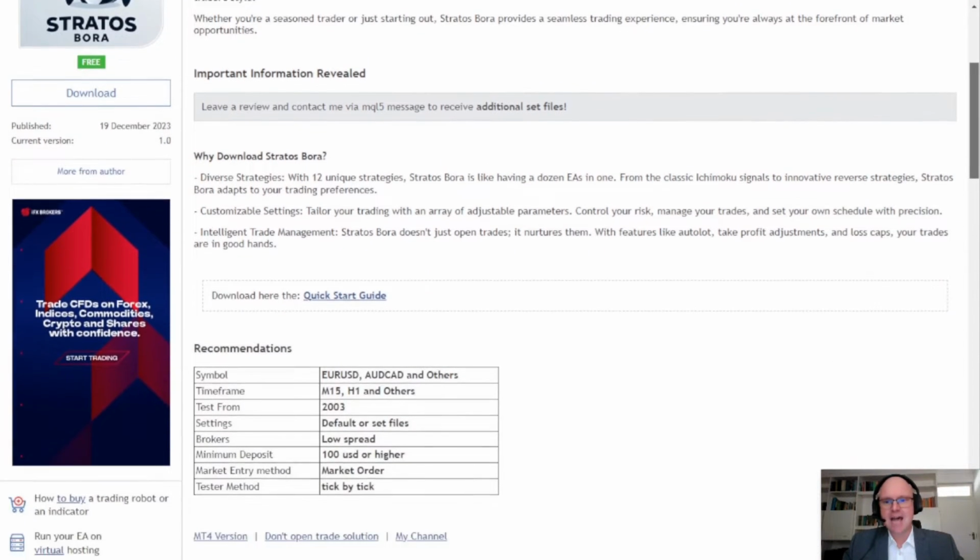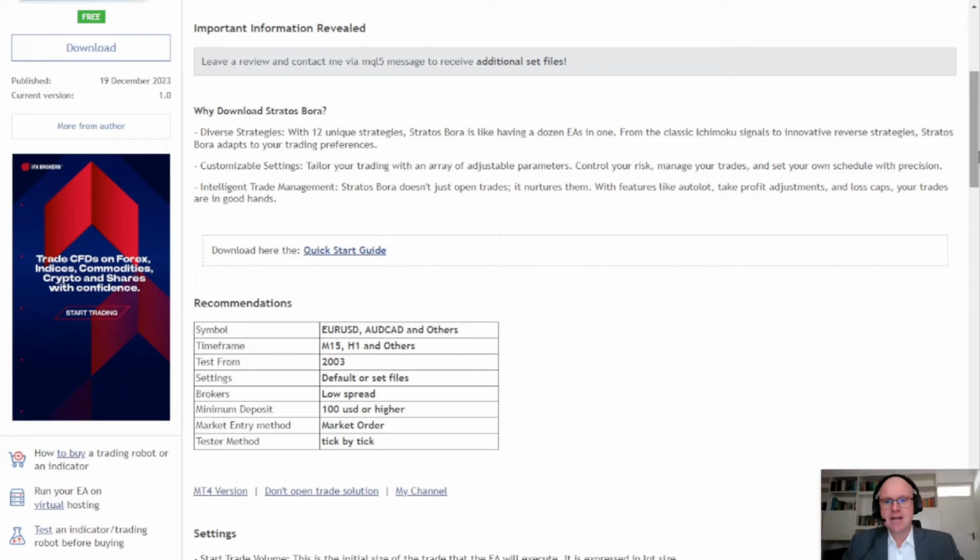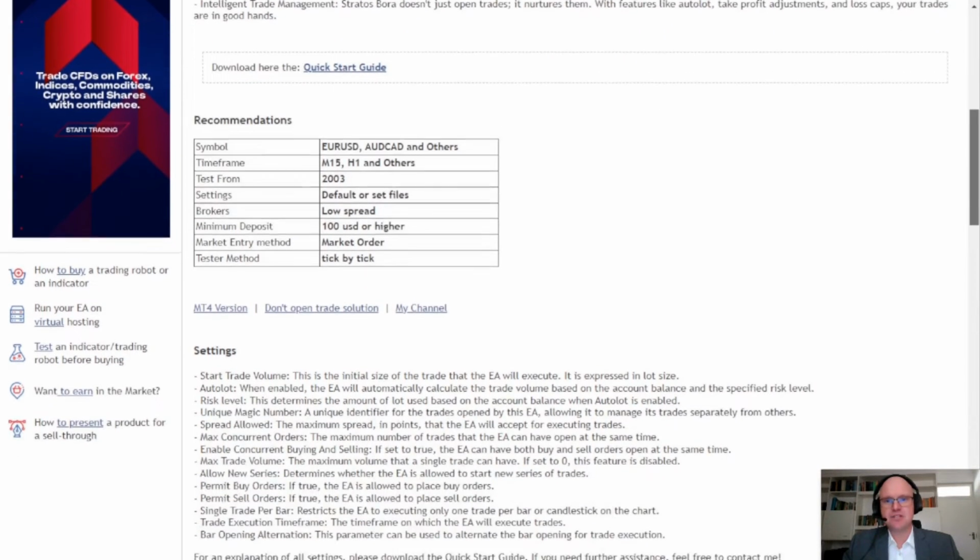Now, the things that stand out for me about the bot is it tailors to multiple different trading styles because of its customizable settings. This means traders that use Grid or Martingale can use those settings. Alternatively, if you want the bot to not use these, you simply need to load another set file. On top of this, it offers advanced trade management, meaning that you can alter the way that the bot enters and handles each trade.